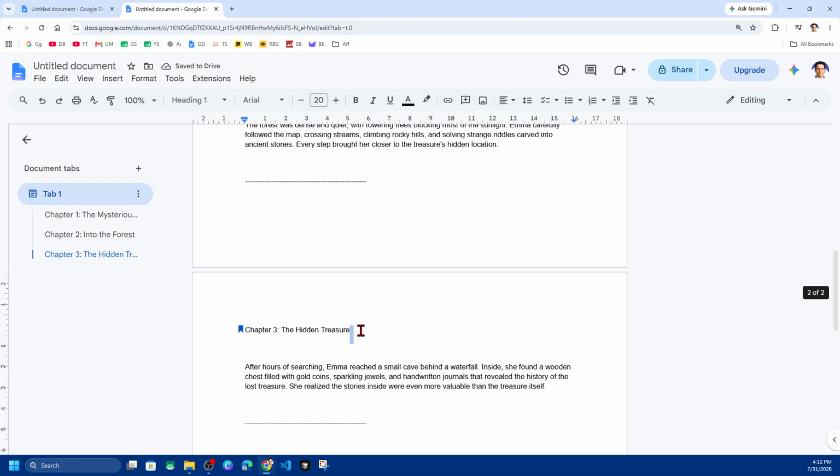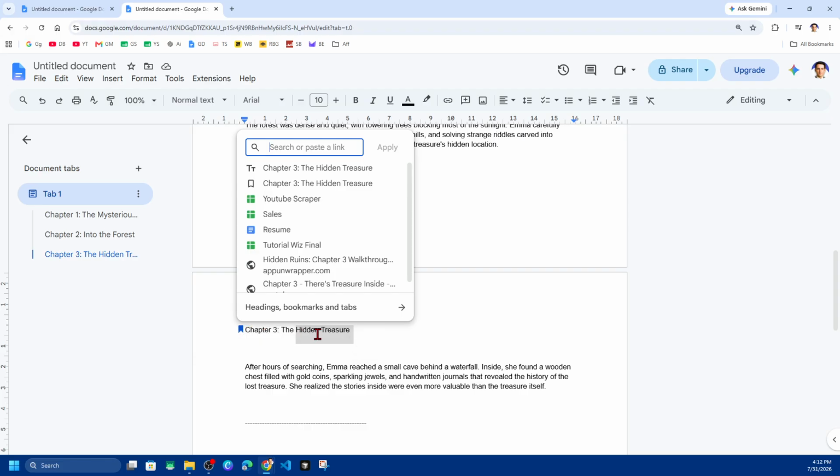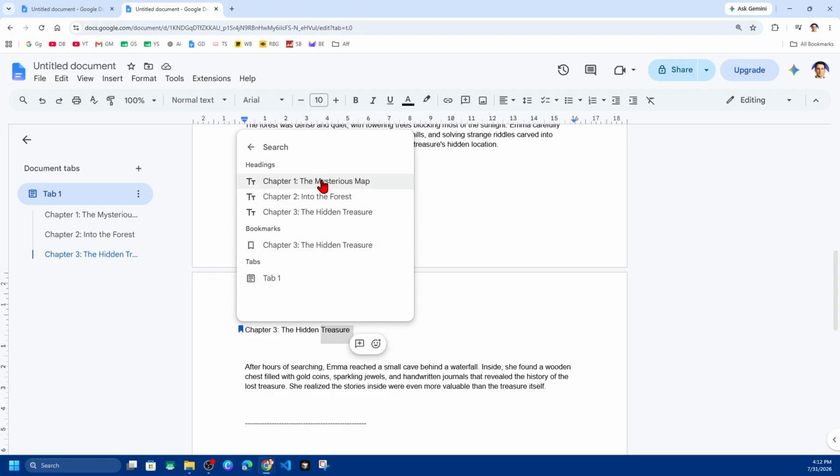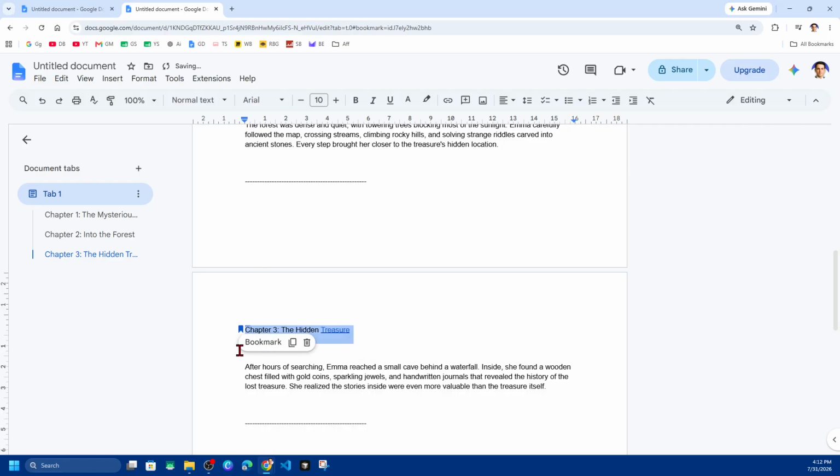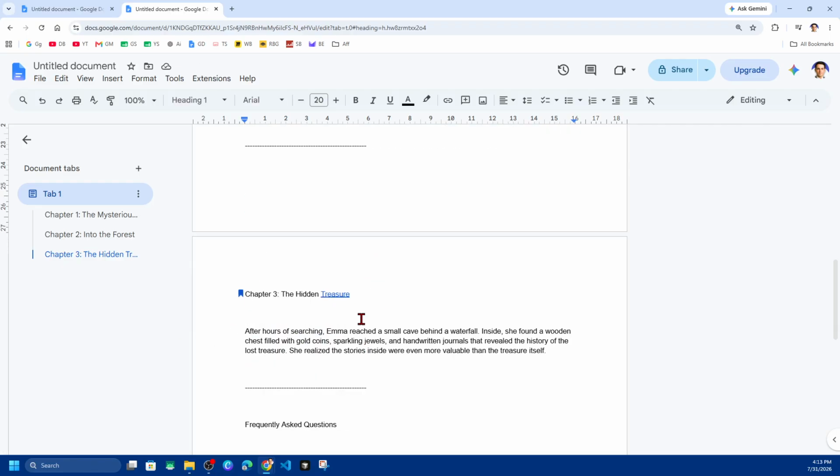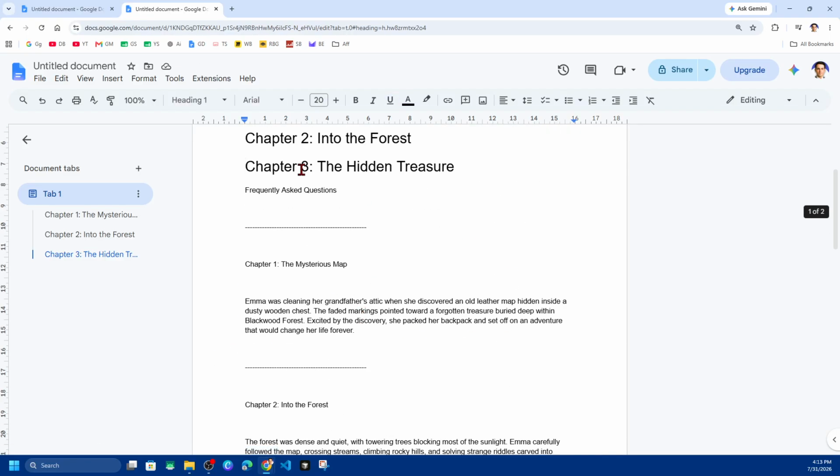If I come back here, highlight chapter 3, and then click on, make sure to highlight it. Control K. Now Headings, bookmarks. So I want this to link to chapter 3. So if I click onto here, click onto that, that's going to link back up